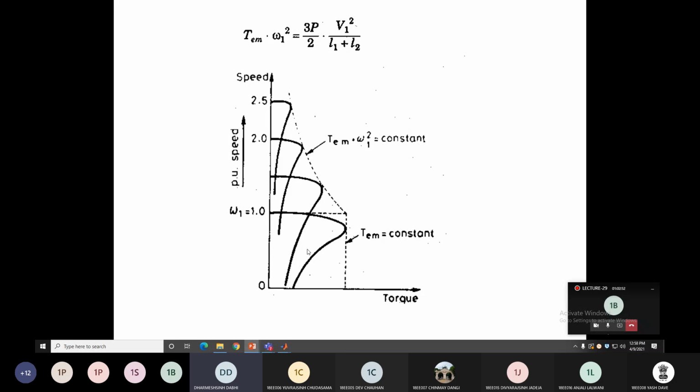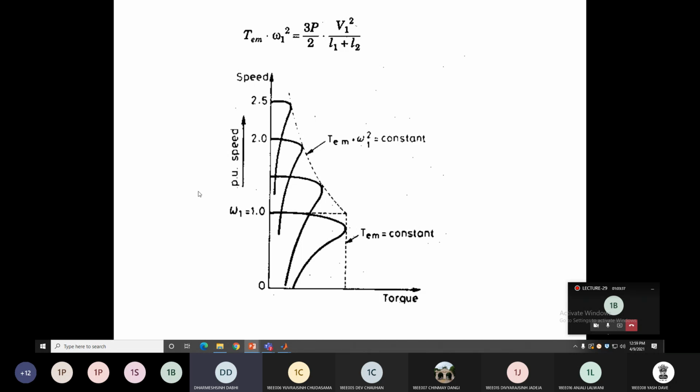Here we select the frequency more than the rated frequency because control of the induction motor speed below the rated speed is not feasible, because as we understood previously, at the lower frequency the efficiency and losses of the induction motor become very high. So generally if you control the speed of the induction motor by just changing the frequency, change the frequency above the rated speed. It means what? You can control the speed of the induction motor above the rated speed by using the frequency control.